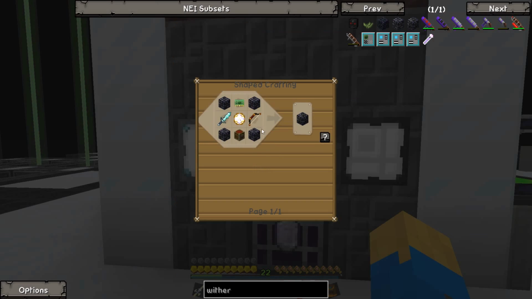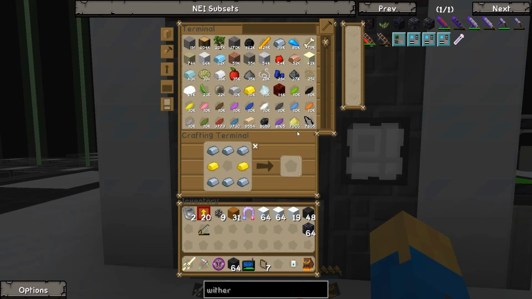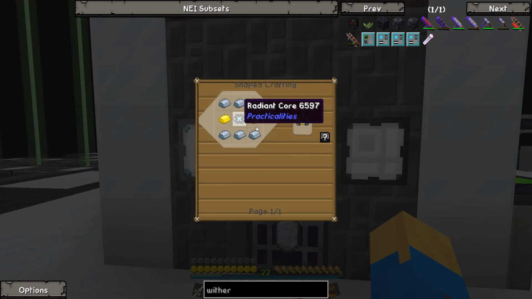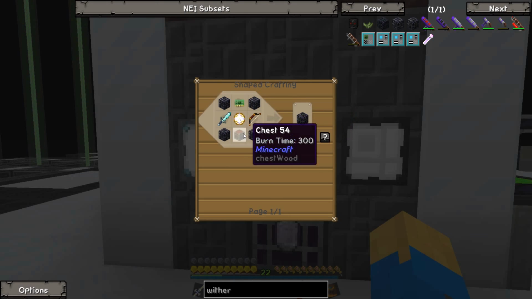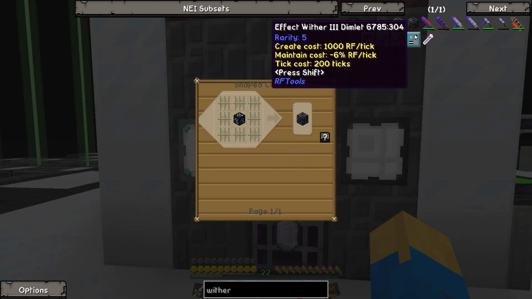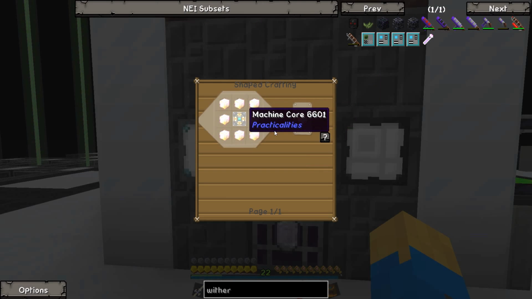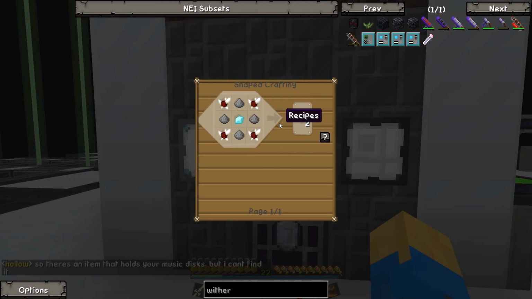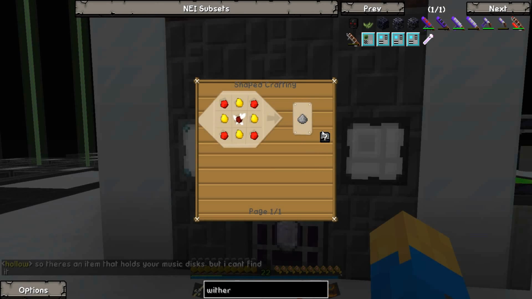And the wither killer, well, that's a little bit more complicated. We need an imbued nether star, which requires 8 nether stars, right? We don't have but 1. Actually, I don't think we have any nether stars. Alright, so that's done. Let's see, the silicon matrix requires